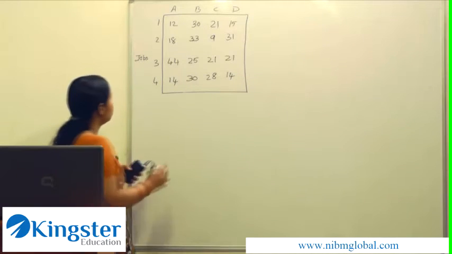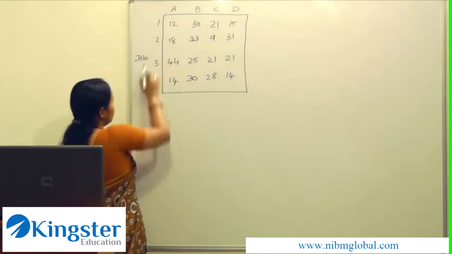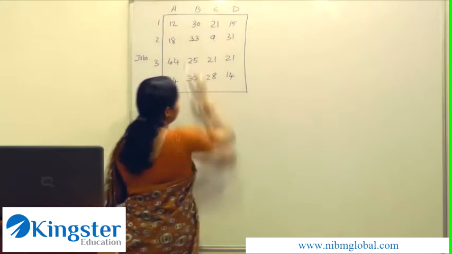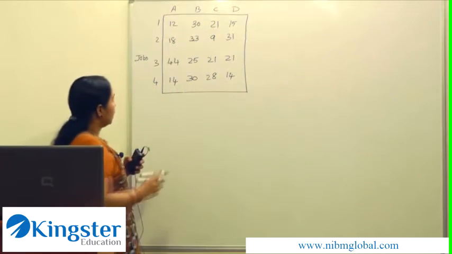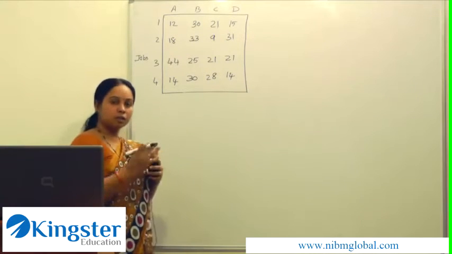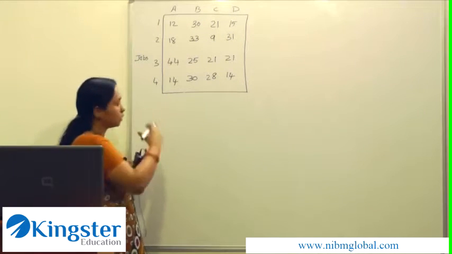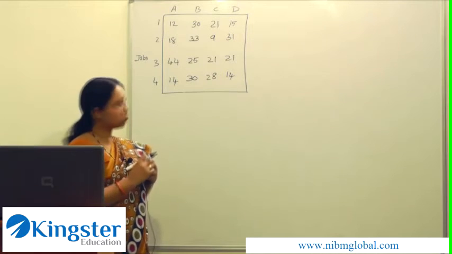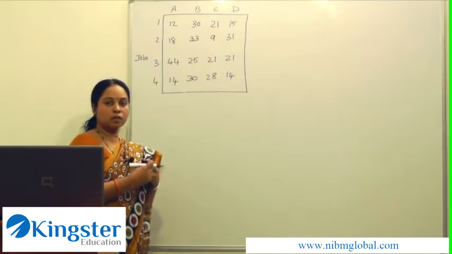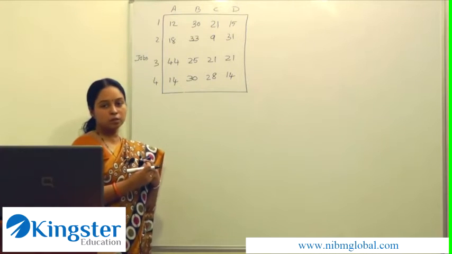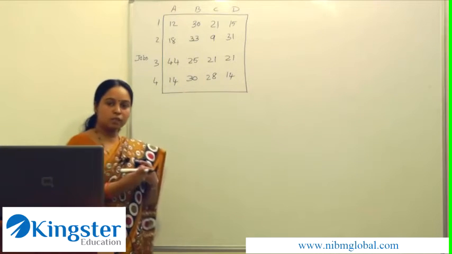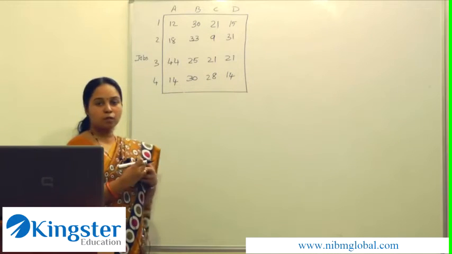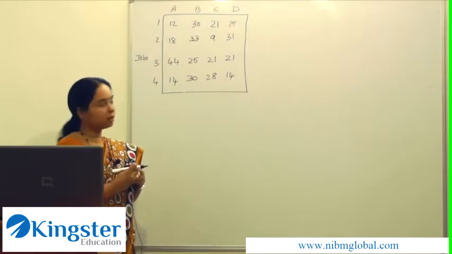Consider the assignment problem. There are 4 jobs to perform: 1, 2, 3 and 4 are the jobs. And there are 4 persons A, B, C and D to perform the jobs. Any of the persons can do the jobs, so jobs 1, 2, 3 and 4 can be done by any of the persons, but at a time only one person can perform a job. And the efficiency of the persons is also different. Now, our interest is to find an assignment schedule which will minimize the total cost of performing all these jobs by the 4 persons.